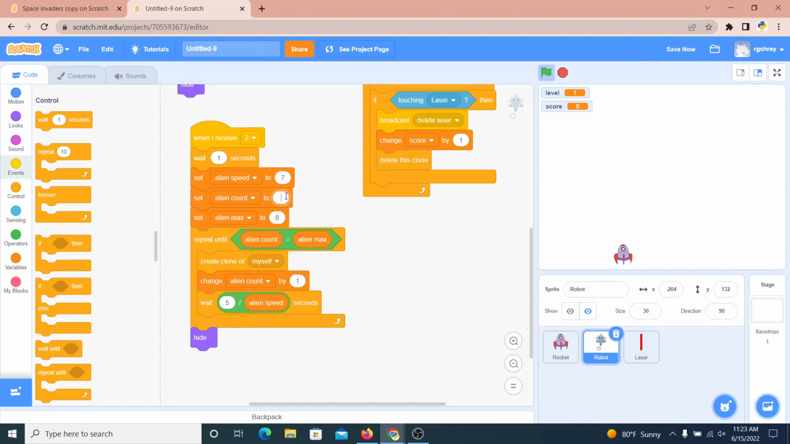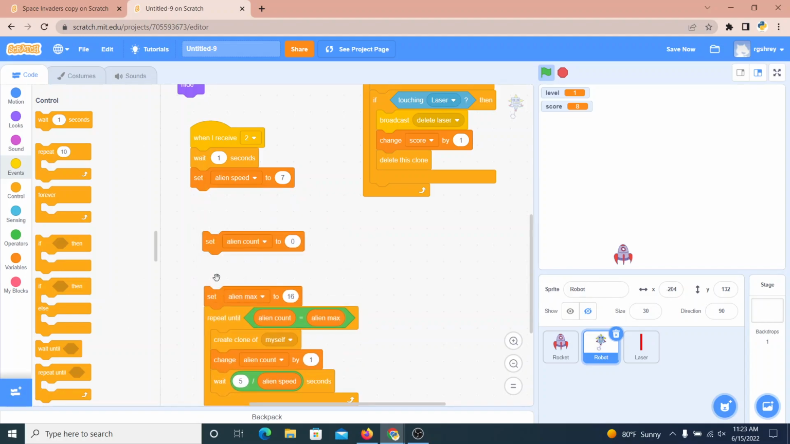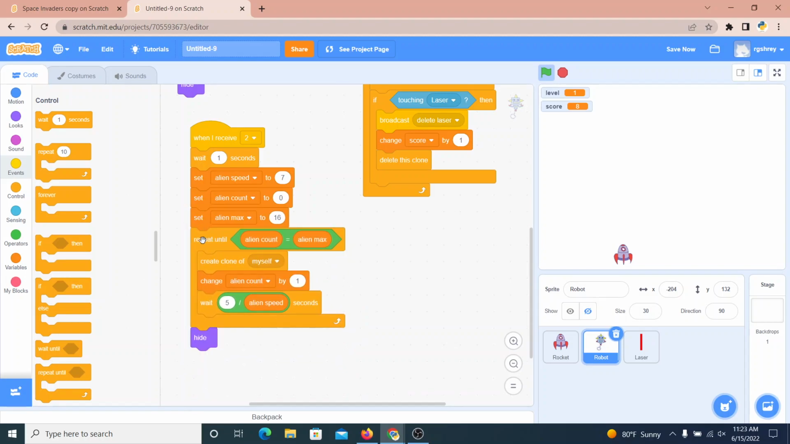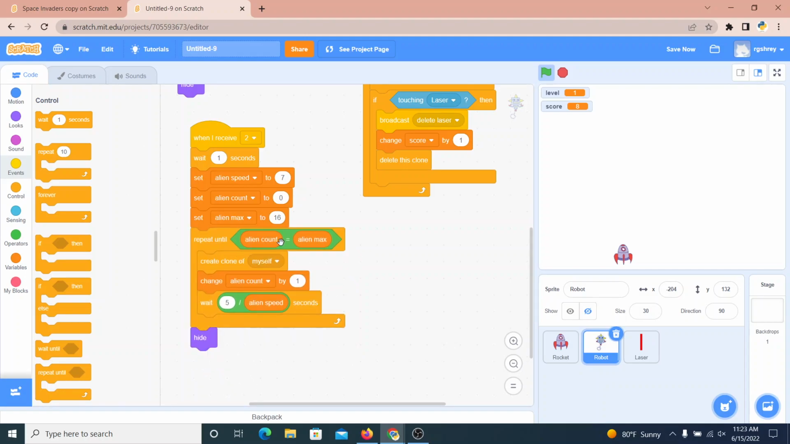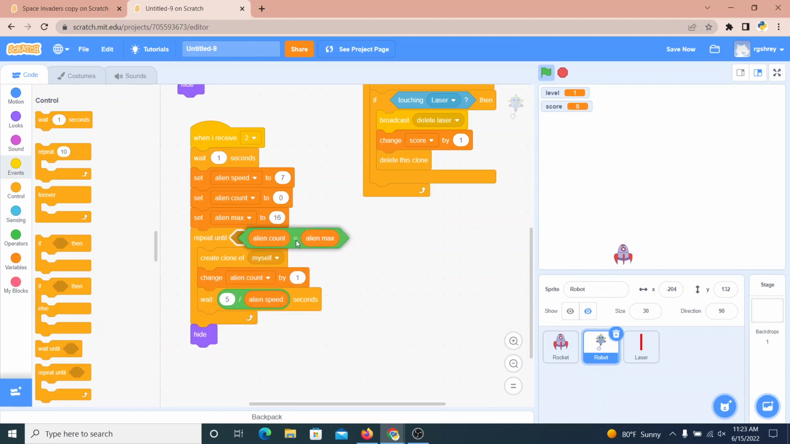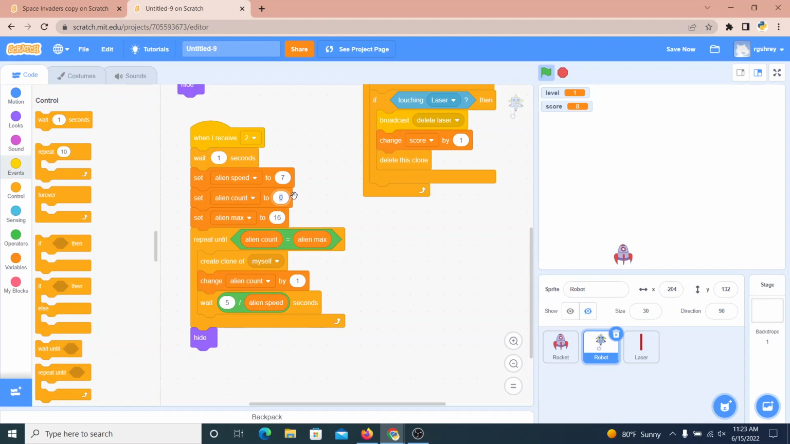Oh, I'm going to set the count to 0. Sorry. I'm going to set the original count to 0 and the maximum count to 16. So what happens is, as it creates new clones, this number goes up, and then it stops creating new ones when it reaches this number, the max. Right? Because it says repeat until count equals max. That's why I start count at 0,